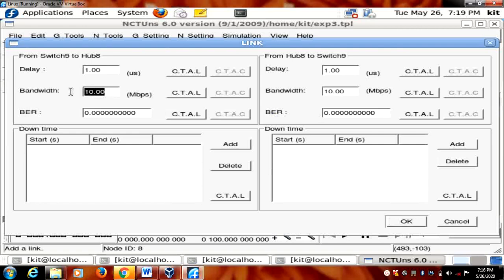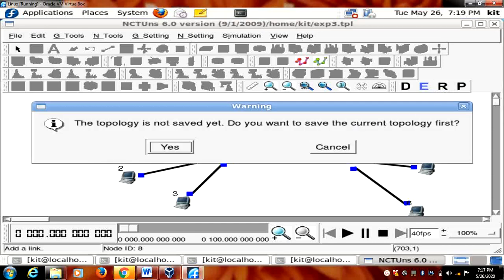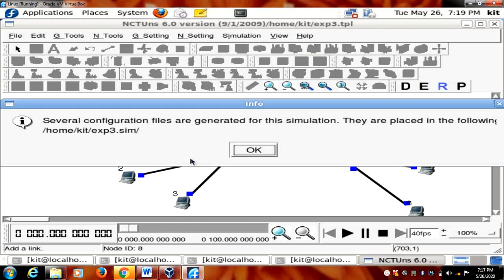Everything you have to, for every link you have to change the bandwidth. Remember that. Okay, go for one. Yes.